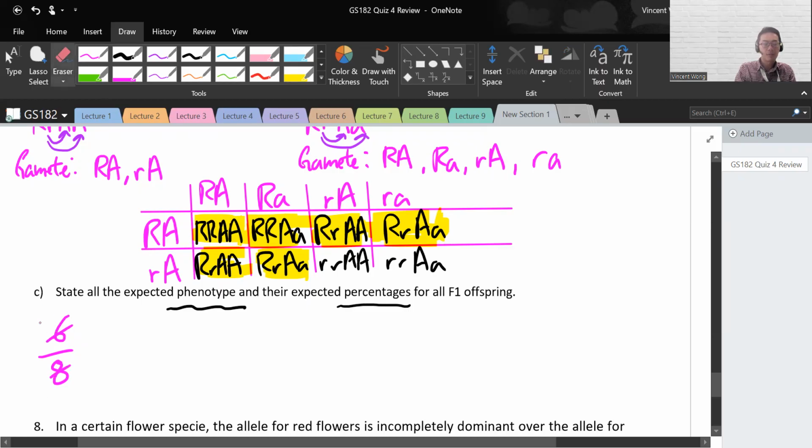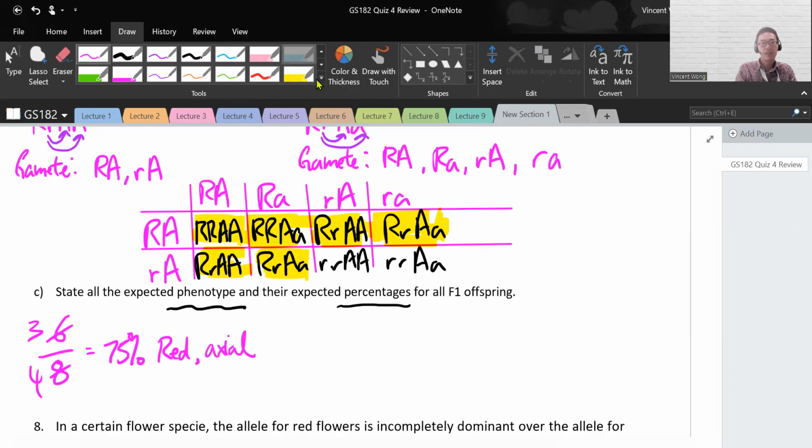Which is what? 6 out of 8 is going to be 3 over 4, right? 3 over 4. You divide the top and the bottom by 2. And you can bring your calculator to the test, to the quiz if you want. 3 divided by 4 is going to be 75%, right? So 75% of the F1 is expected to have red axial flower, right? And the other ones,